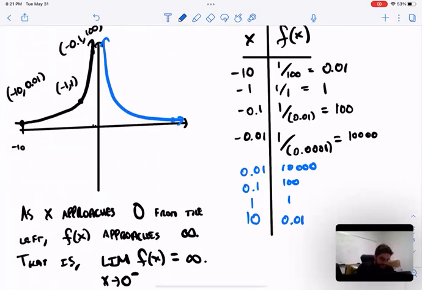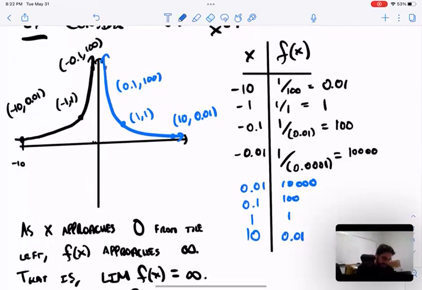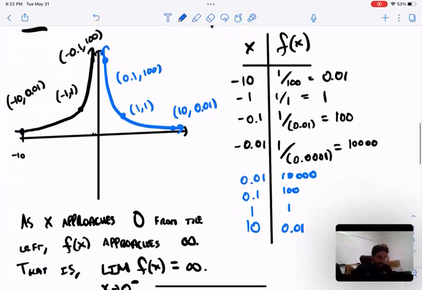And if I graph the function, it will look like this. So I could think about this point here, 10, comma 0.01, or this point here, 1, comma 1, or this point here, 0.1, comma 100. Again, super not to scale. It should be 100 units up. I'm drawing it by this scale, something at height 4 or something, but it represents a point that's way up there. So you can see that as these x values approach 0 from the right, the y coordinate also goes to infinity, just as it did